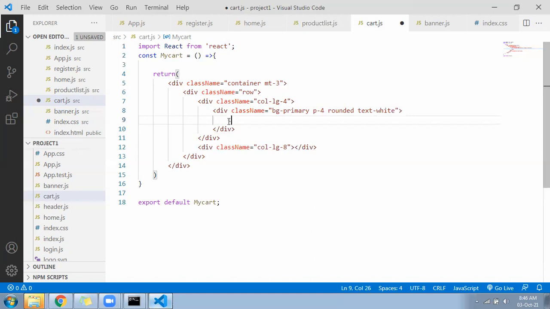Now go inside h3, customer details, className text center.